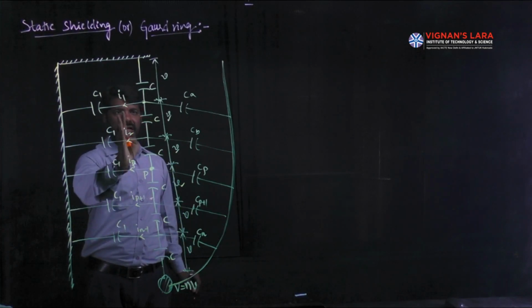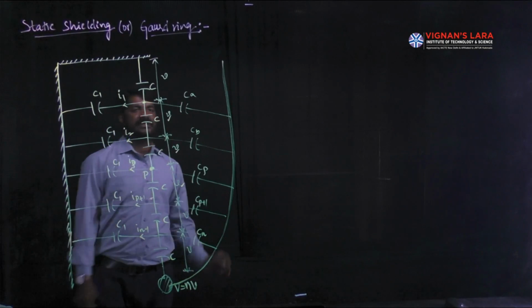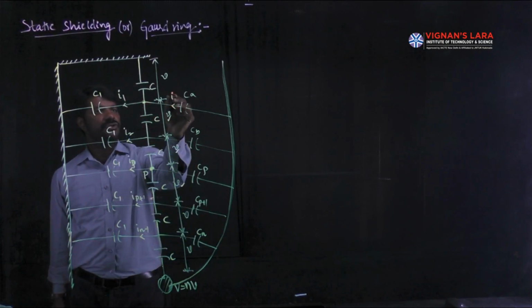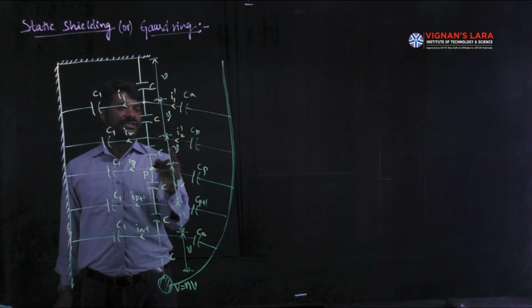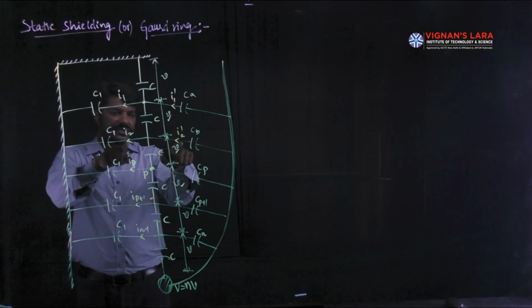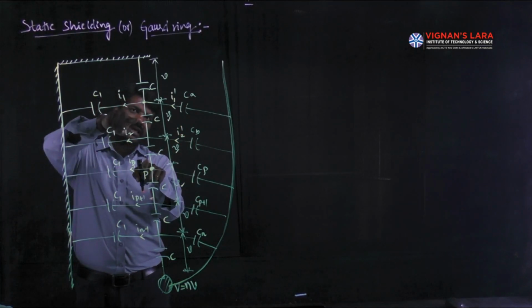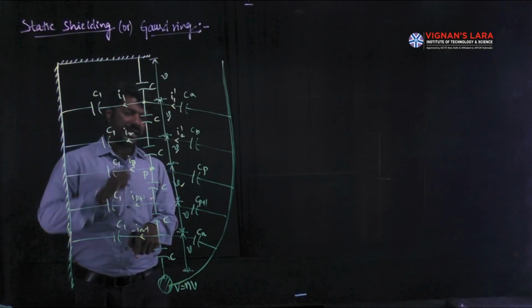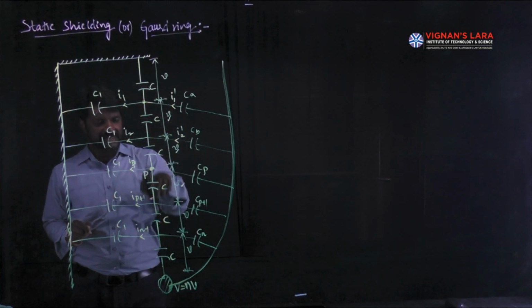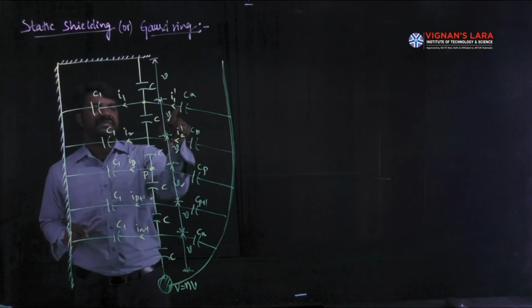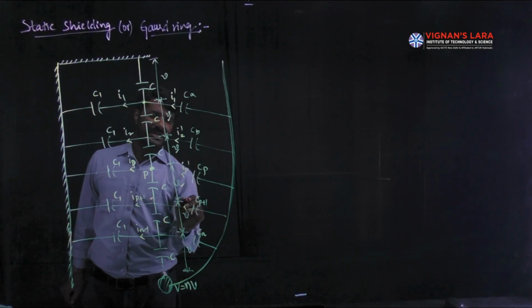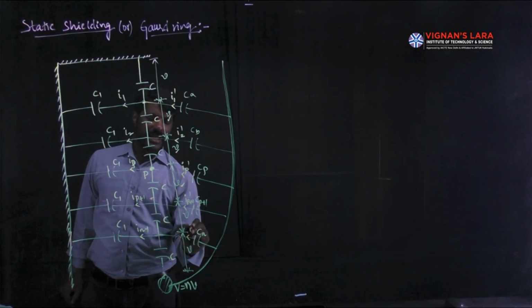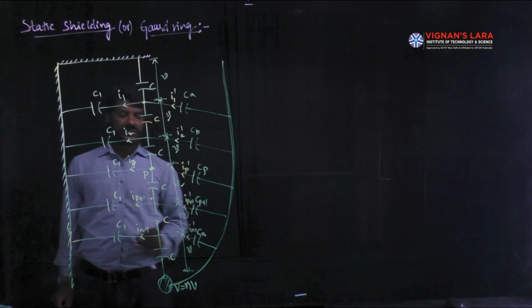These shunt branch currents are compensated with the shield capacitances, meaning this side we get a current called I1 dash, which will compensate this i1. This side we will get a current called I2 dash, which will compensate this i2. Because of these compensations, the current passing through the self units will be the same. That means n capacitors will carry the same amount of current because of the shield capacitance currents. Like that, here the current is IP dash and here IP plus 1 dash, and so on, up to IN minus 1 dash. Those are dash currents.